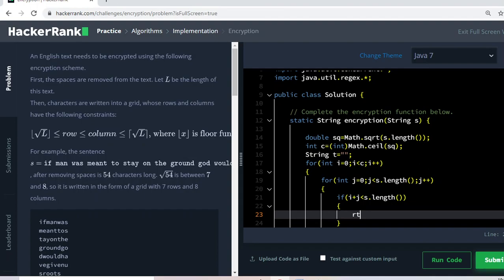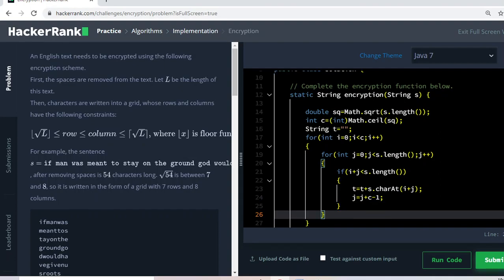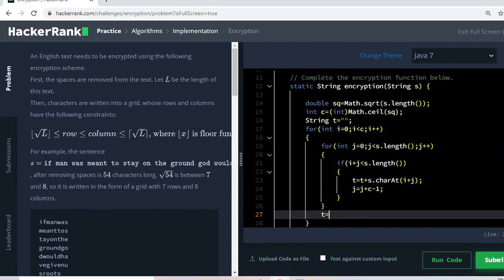Now t will be t plus s dot charAt i plus j, and the j value will be changed to j plus c minus 1, and this t will have a space there.